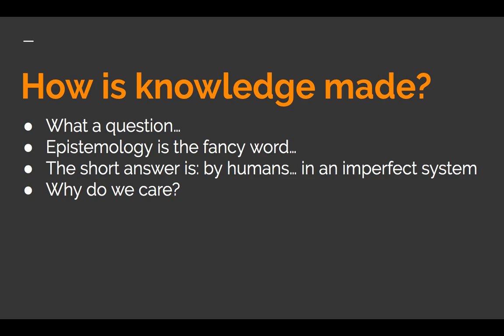And the thing that I want to raise to you now, and we'll talk more about this in week 3, is that knowledge is made by humans. And it's made by humans in an imperfect system. It's made by humans who are working within an economic system that rewards publication. I'm not sure that many of you know this, and I won't go into the same level of detail that I might in a live class, but working in a community college is a little bit different in this regard, in that we don't have an obligation as instructors to carry out research.